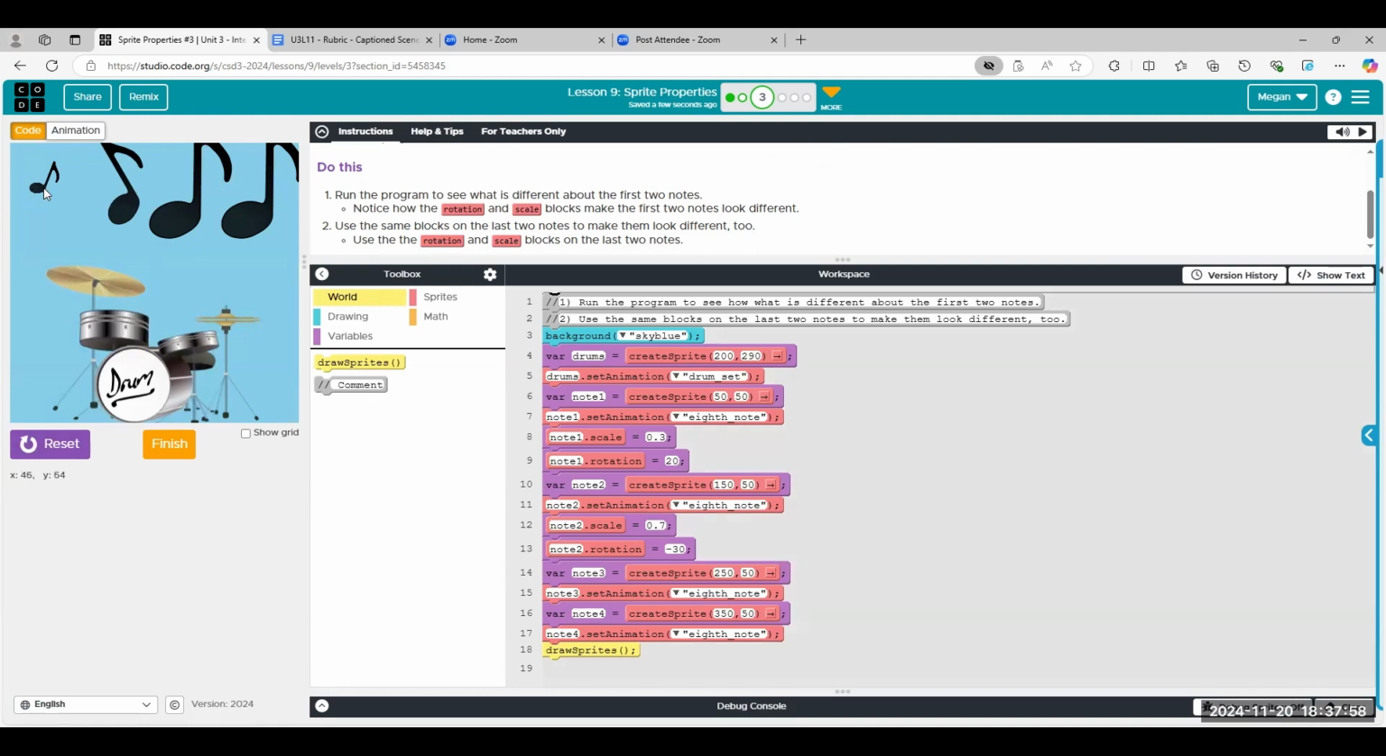And here is our first note, and it's much smaller, and it is also angled. And then this one is still slightly smaller than that, but much bigger than that, and it's angled the other way. So if we go and look at our code,